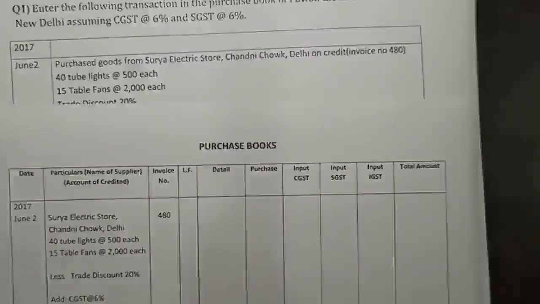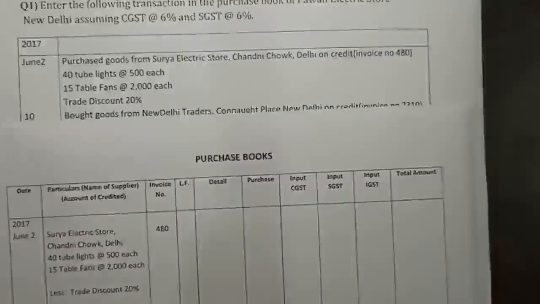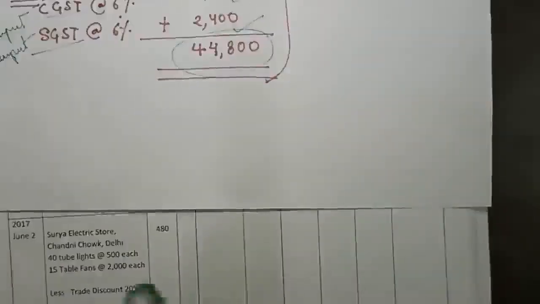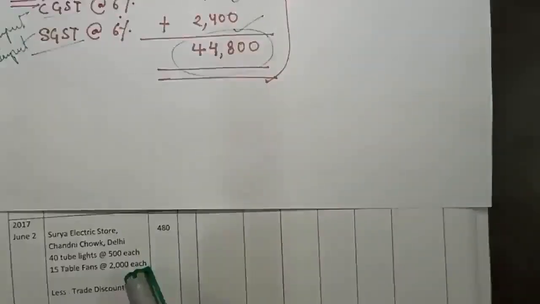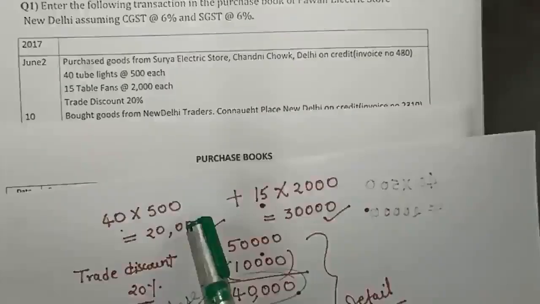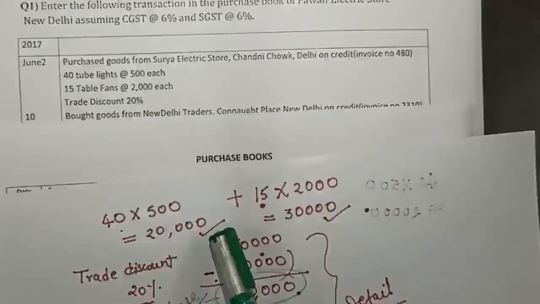Now we are going to write the details as we had discussed earlier also, on how to record this transaction. 40 tube lights at the rate of rupees 500 each. So what we are going to do, 40 multiplied by 500,